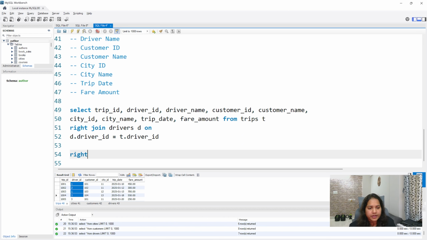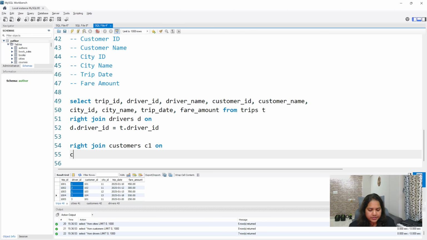Now you are performing another right join with which table? You have the customers table, right? So just add the customers table. This will be C1, because customers and cities, if you put C and C, it won't work. On what condition? C1.customer_ID should be equal to T.customer_ID.